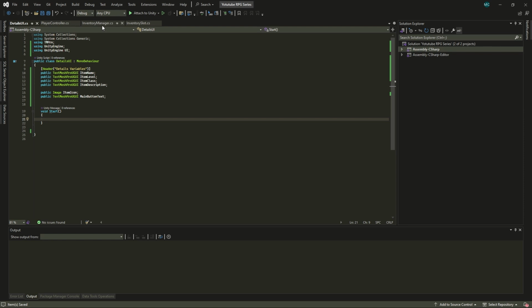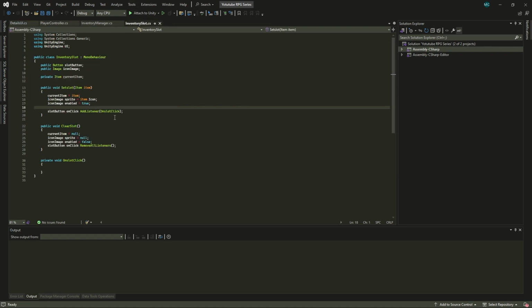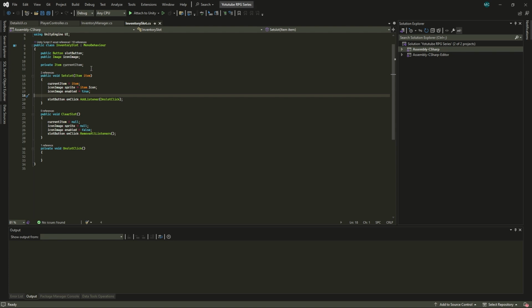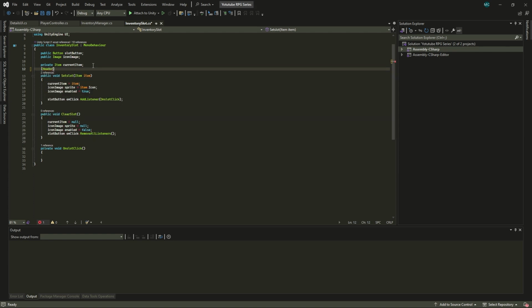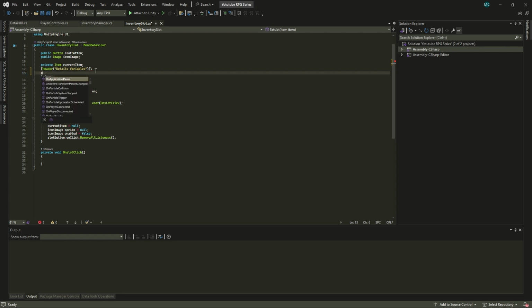let's go where we are setting up an inventory slot. So right here, we've got clear slot, but we don't have anything inside slot click. So here we're going to come here and say, let's put another header. Then let's say details variables. We're going to have just one, but in case we want to add some more, we're going to say